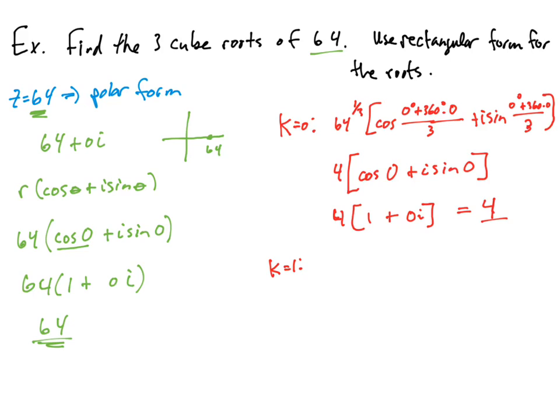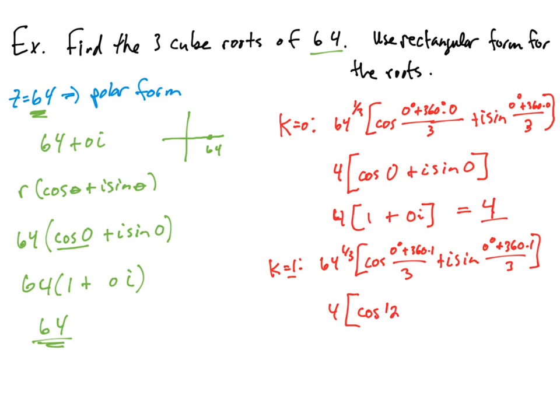Now when we look at k equal to 1 and k equal to 2, we're going to see some values that are not real numbers. So 64 to the 1/3 times cosine of 0 degrees plus 360 times 1, because k is equal to 1, divided by 3 plus i sine 0 degrees plus 360 times 1 divided by 3. 64 to the 1/3, that is 4. Cosine of, that's going to be 360 over 3, which is 120, so cosine of 120 degrees plus i sine